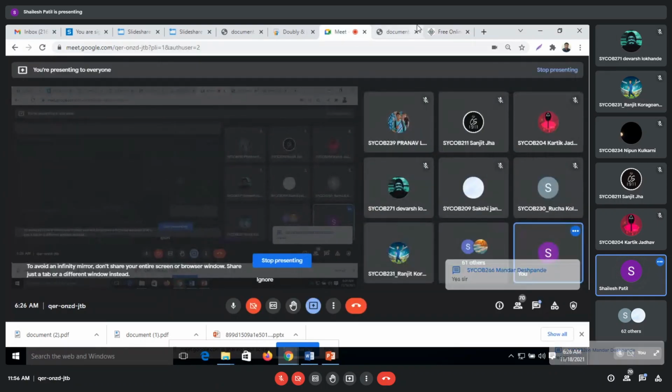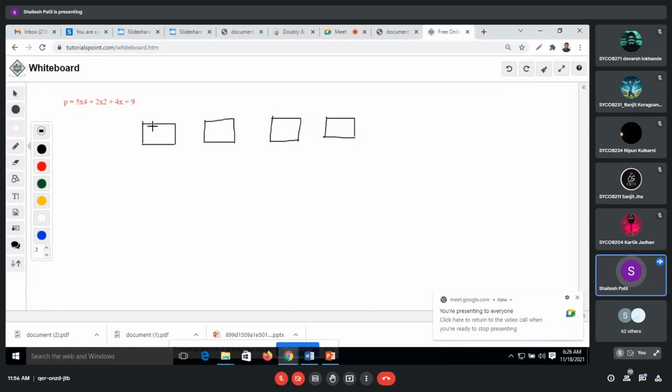Okay, so now how many parts are there in your link node? It will require 2 parts, 3 parts? How many parts will it require? 3 parts. Okay, so one is for data, the coefficient, one is for the exponent, and one is for the pointer. Again, this is coefficient, exponent, and pointer. Again, coefficient, exponent, and pointer.